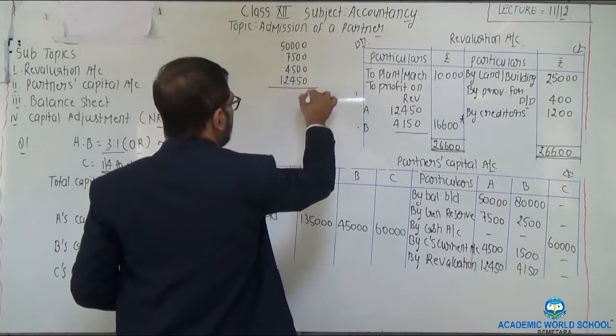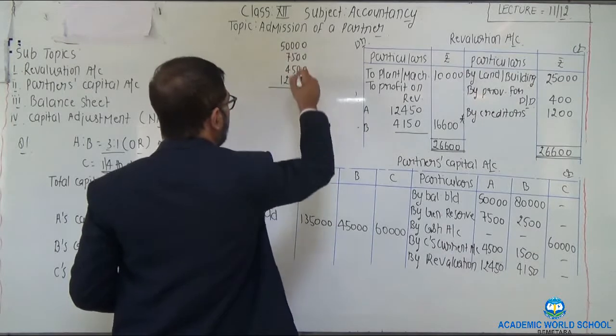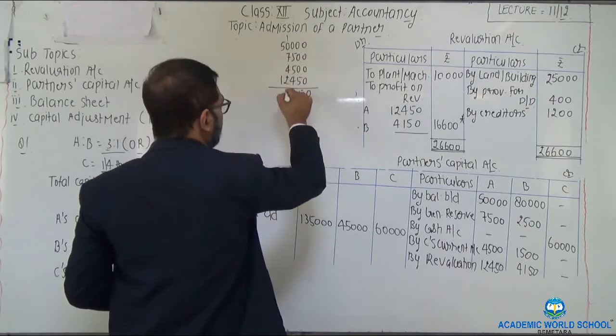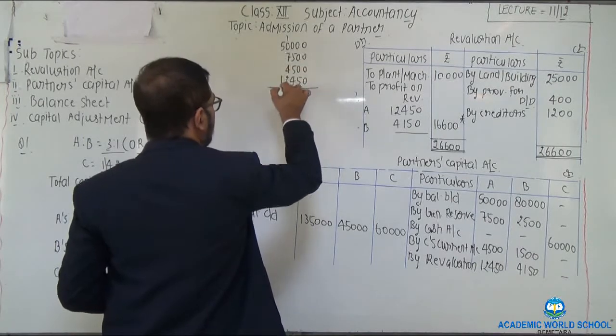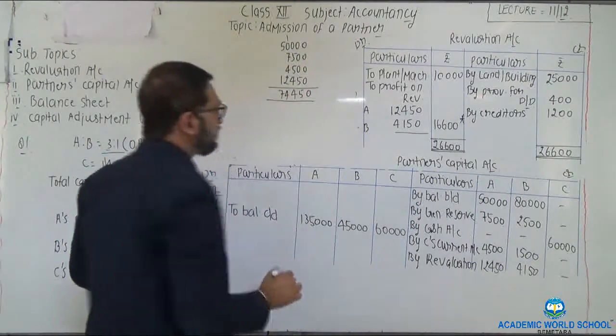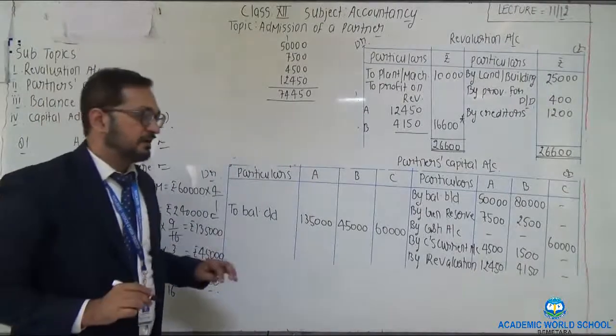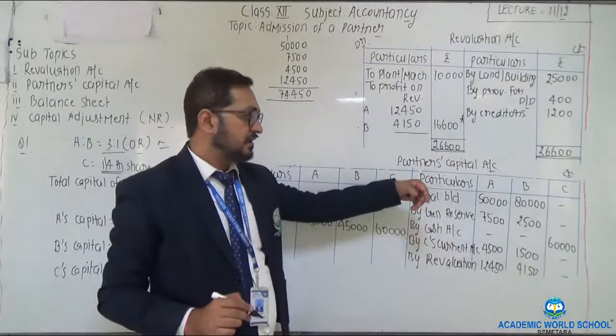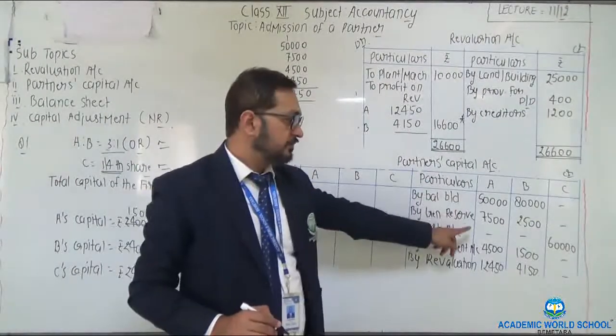Make the total: 0, 5, 14, 4, carry 1, 8, 6, 14, carry 1, 74,450. His capital till now, after the distribution of all the profits, is 50,000 plus general reserve amount of profit